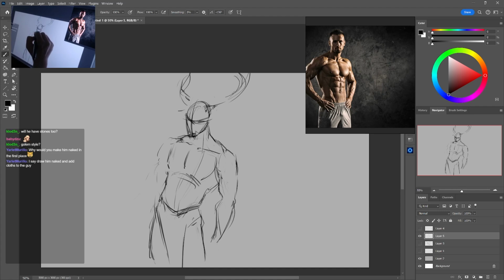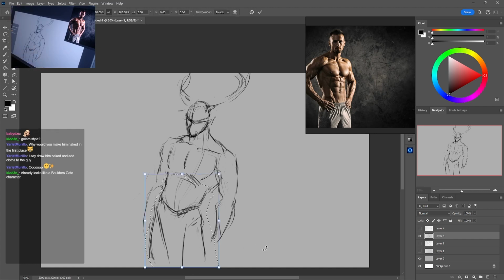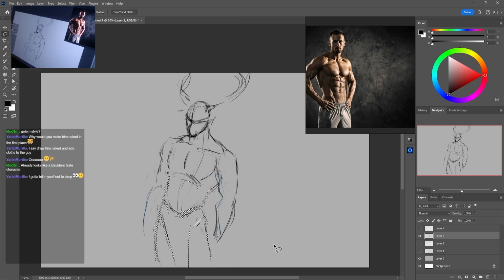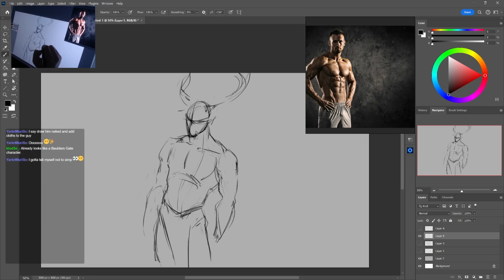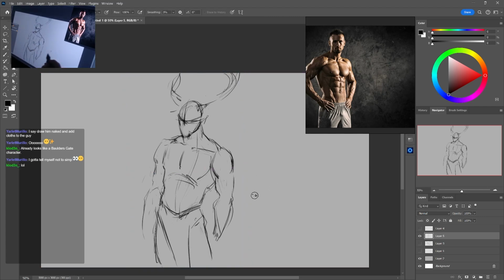Tilting it this way. Move his pose a little bit. Don't like this. Move his arm out.